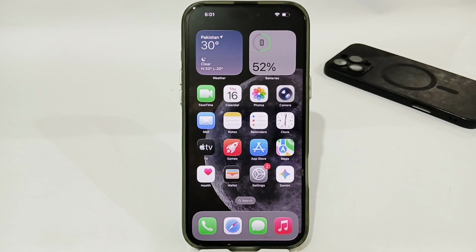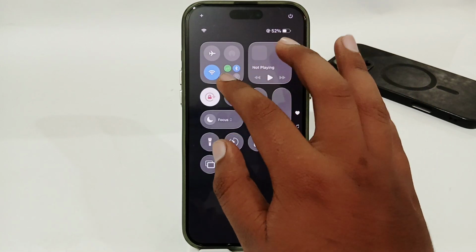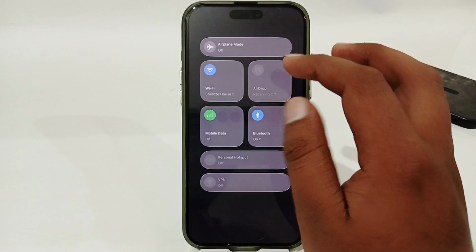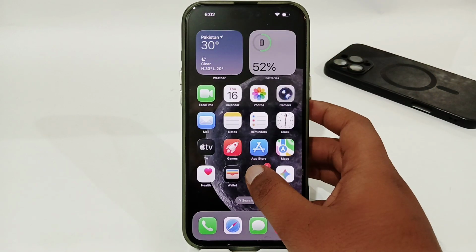Hey guys, today I'm going to tell you how to enable AirDrop if it's grayed out on Control Center. If you're using any iPhone and your AirDrop has been grayed out in your Control Center, let's see how you can enable it. The very first thing you have to check is your internet connection, that you're connected to the strongest internet connection. It might be Wi-Fi or cellular, and you have to try to disable your VPN